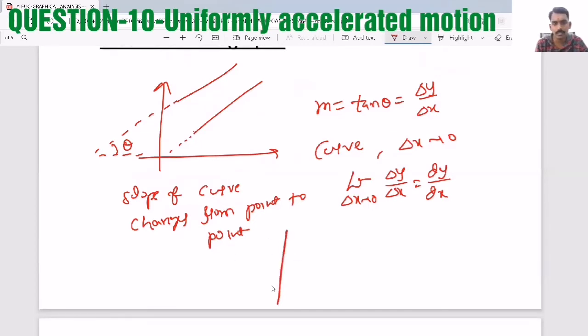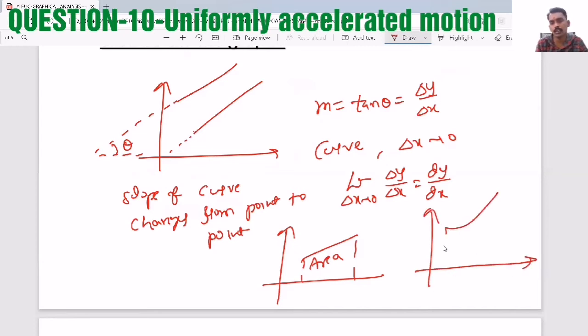And if it is a straight line, then this is the area below. Or if it is a curve, then this is the area and that is equal to the integration of y with respect to x from x1 to x2. Because a curve is of no regular shape, you have to go for integration. So for a curved graph, slope means differentiation. For a curved graph, area means you have to use integration. That is the main difference.